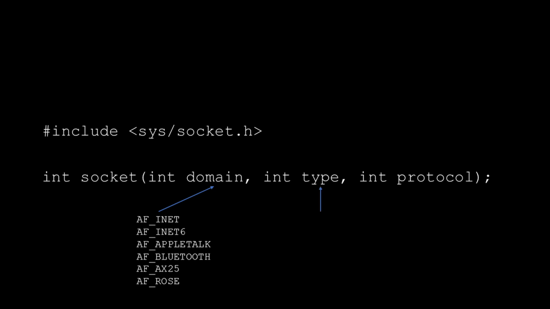The second one is type, which defines the semantics of communication, whether it's reliable connection-oriented for TCP, connectionless unreliable for UDP, or other types, such as raw network protocol access and reliably delivered messages. Finally, it's the protocol, which specifies the specific protocol to be used with the socket. Usually, it's set to 0 to use the default for the selected domain and type,